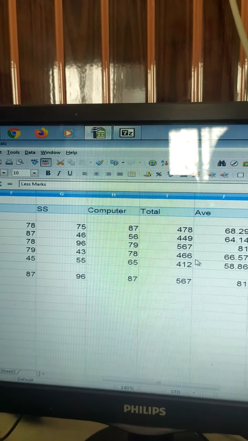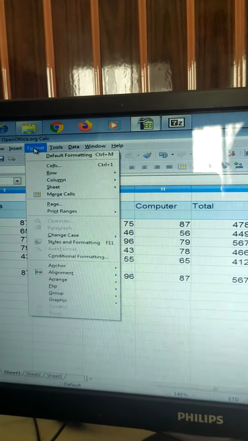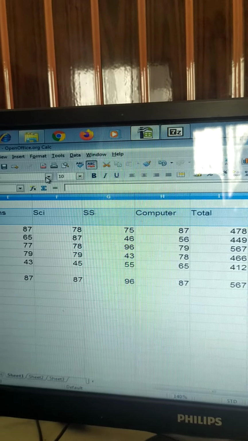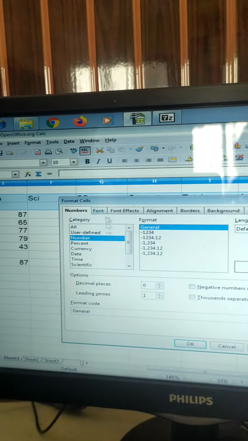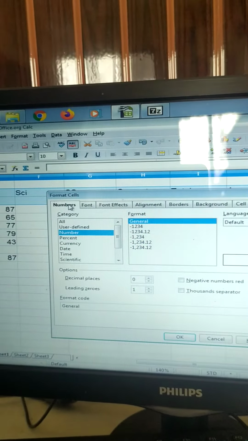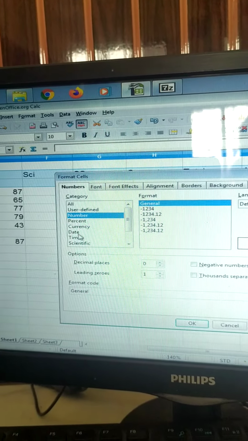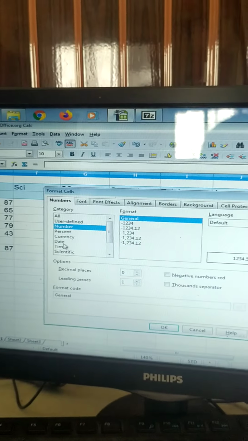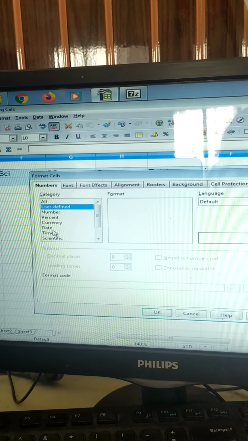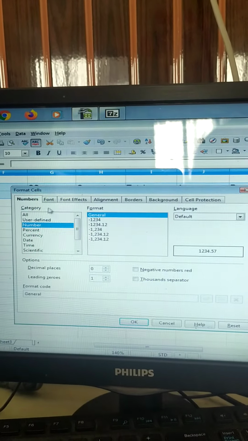Suppose over here I have selected these 2 cells. Click on format cells. When you click on format cells, ऐसा एक dialog box आ जाएगा. So in this numbers tab, in the numbers tab you can select any, all, user defined numbers, percentage, currency, date. If you select on date, suppose आप लोगों ने कुछ date enter की है तो वो किस format में आएगी, see, वो सारी चीजें आ जाती है यहाँ पे. See, you have different format available over here. So we'll keep it over numbers only.